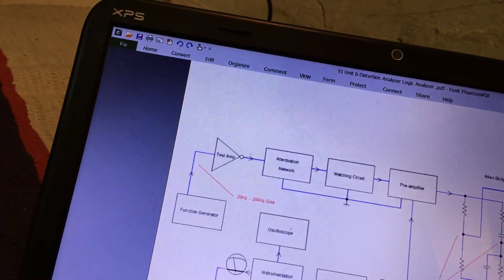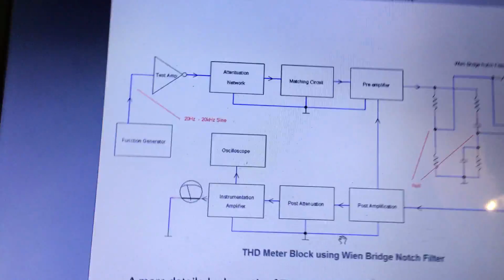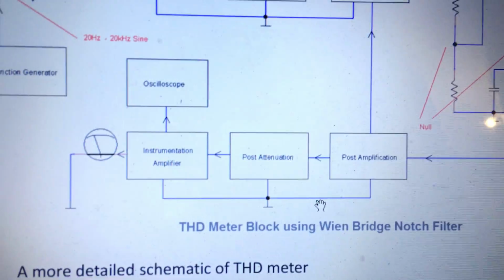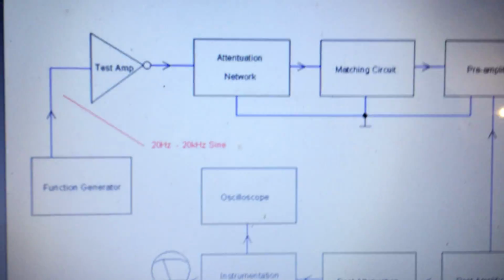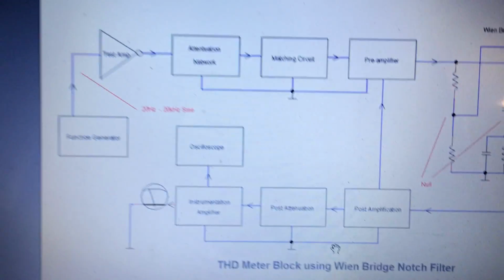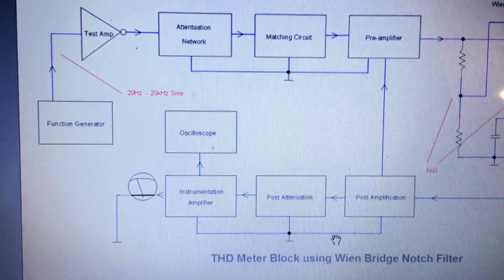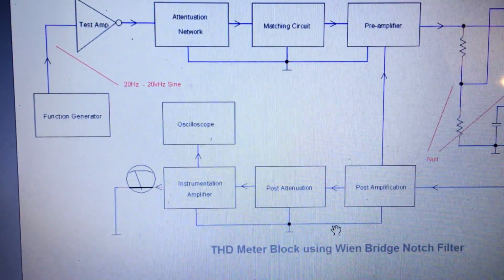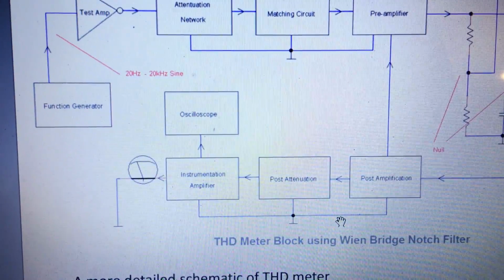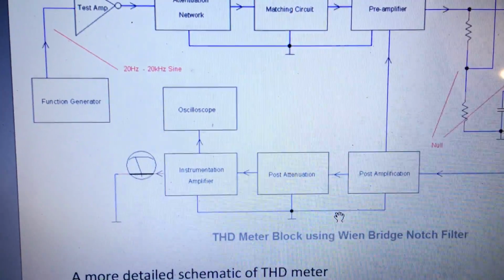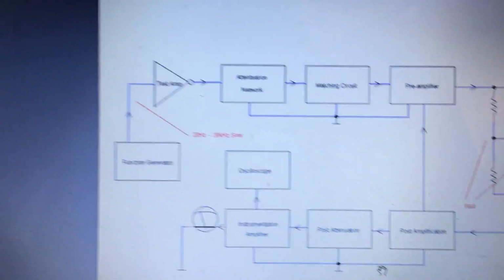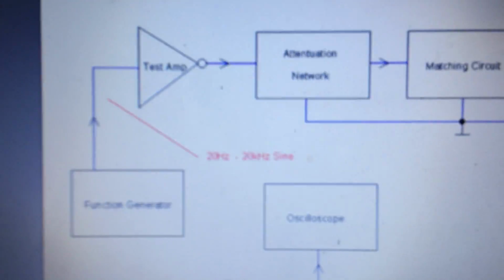That diagram was a much simplified diagram, and this is a more detailed diagram of a total harmonic distortion meter. If you remember, we have gone through this particular diagram that we have referred from David Bell's book. There was a rejection amplifier. If you remember that particular circuit, you can recall it. So you will find that this is a little bit more elaborated diagram.